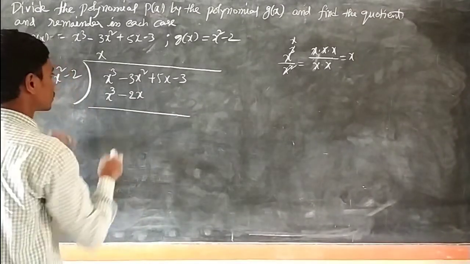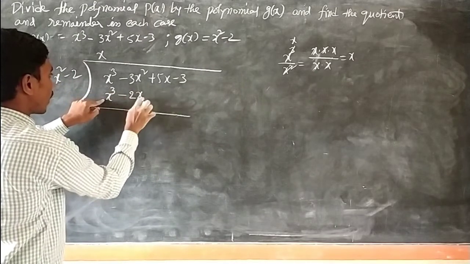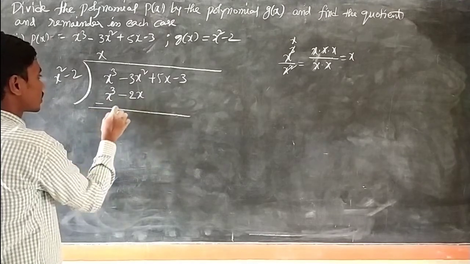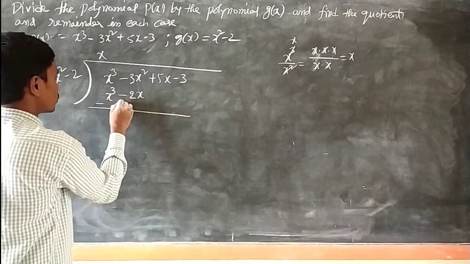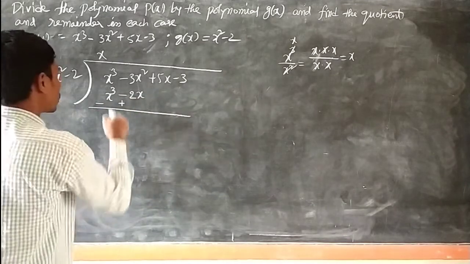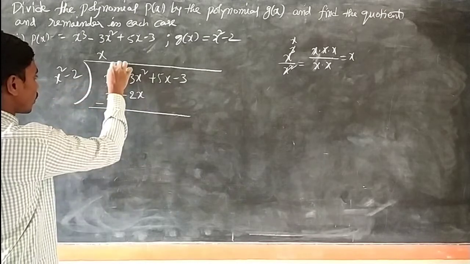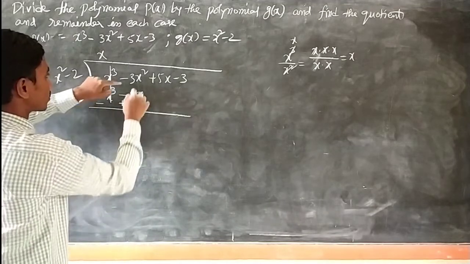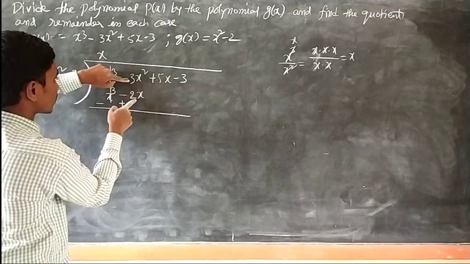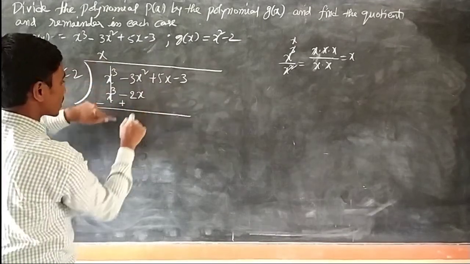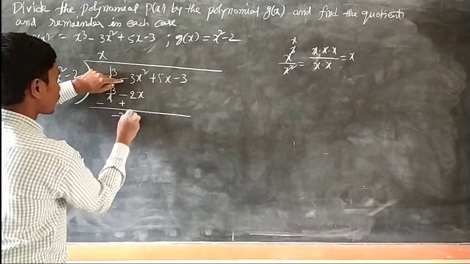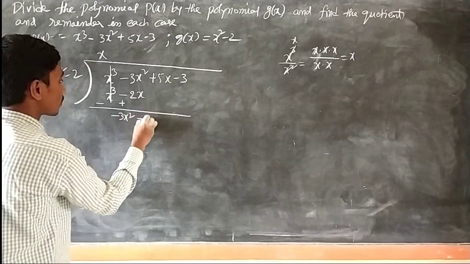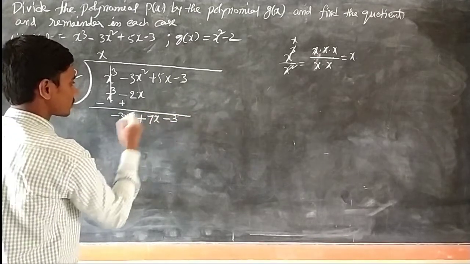While doing subtraction, the signs of the value you got will be changed. Here x cube sign is plus, it will be changed as minus. Here minus 2x sign is minus, so it will be changed as a positive. So plus x cube minus x cube on subtracting, the value is 0. Next, the x square term: here only the x square term is there, so write the entire term in standard form, minus 3x square. Next plus 5x plus 2x totally gives plus 7x minus 3.